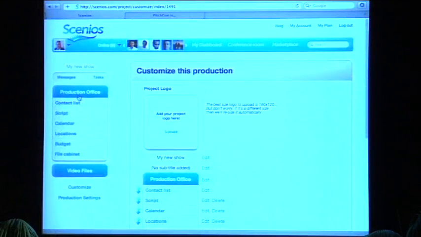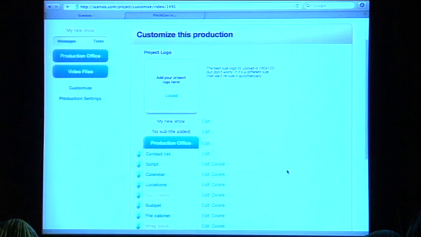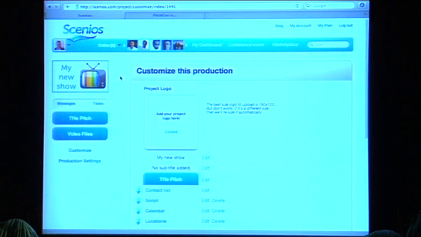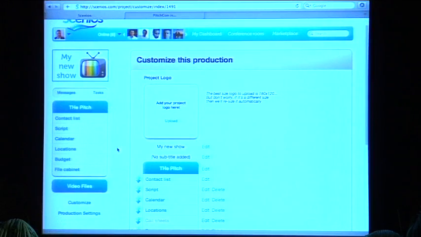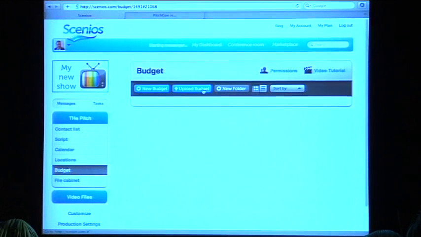And now I'll go back into the production office. But let's say, again, we're not in production. Maybe I don't want to call it production office. Maybe I want to call it the pitch, okay? So you can start to see all of the different elements. Here's my logo that has been uploaded. So you can start to see all the different elements that you would put together when you're developing and pitching your show. Okay, so let's go to the next app, which is Budget. Now, we've already looked at how to create a spreadsheet in the browser, but let's say you've already done the budget in Excel.